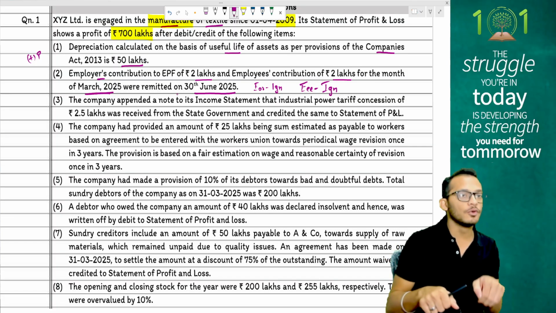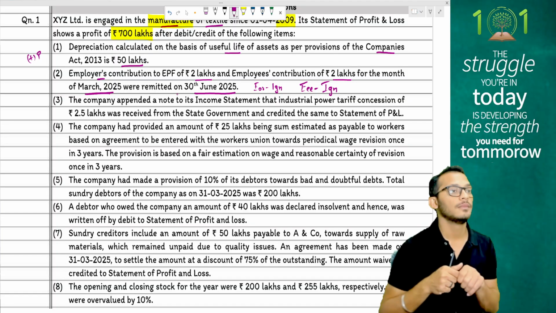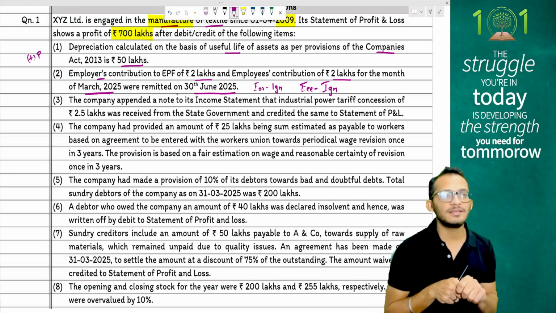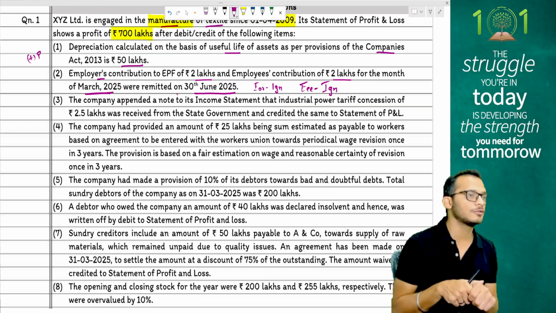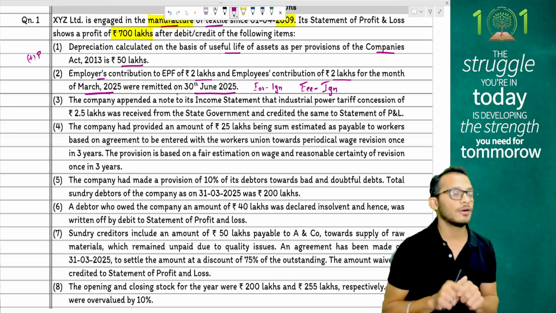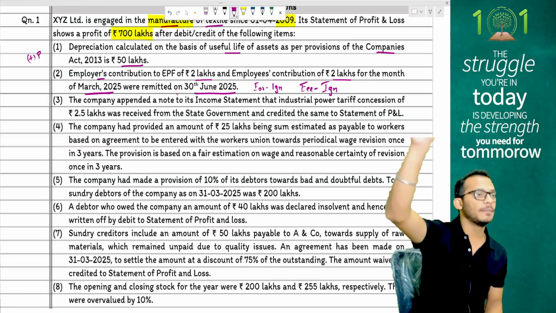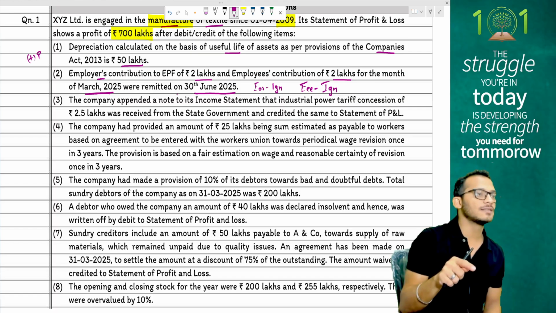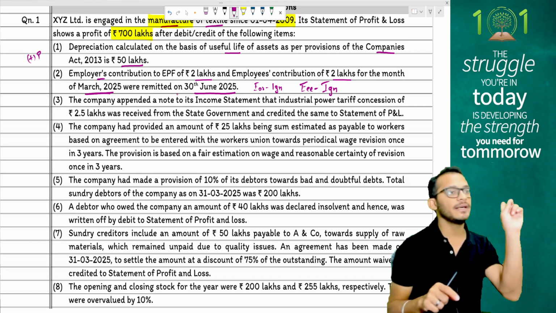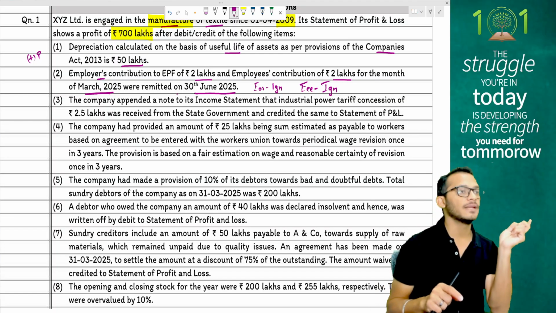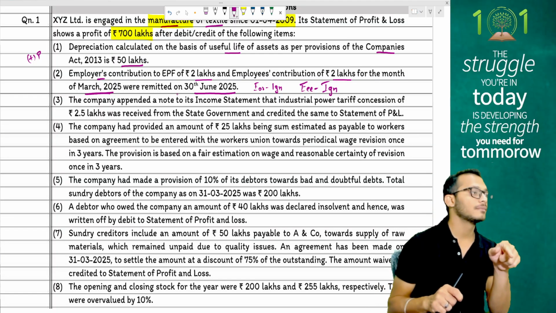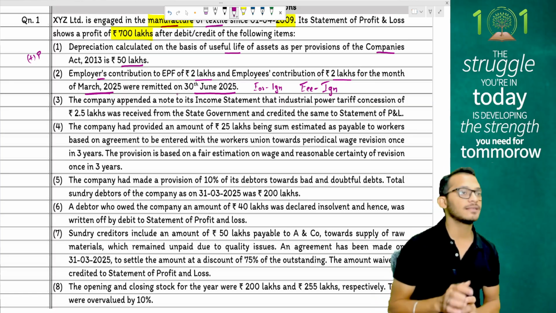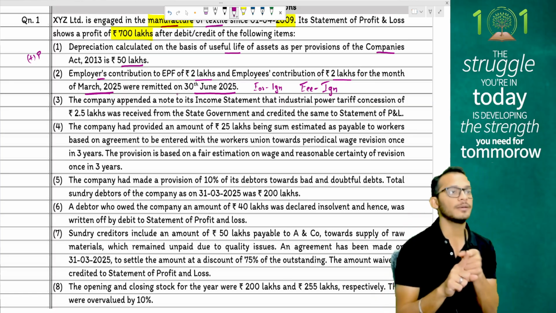You are preparing books for March. In the month of March, it is showing in credit. That is what income tax also wants. Therefore, the entry gets ignored. Next year, what will happen? You will show debit. I will say what? You can't do debit because it is a permanent income and already offered earlier. Therefore, this will get disallowed. This will get disallowed only in the month of June, people. That's where the whole accounting process makes an impact.